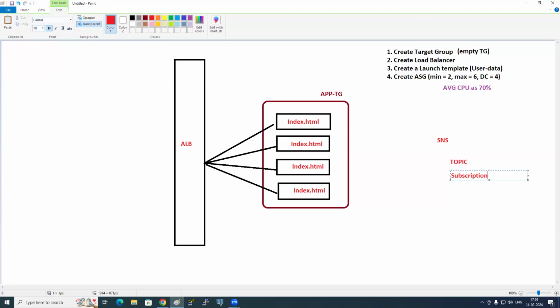Similarly, here also in SNS, we can create topics. And for that topic, whoever wants to receive a notification, go and subscribe to the topic. You understood? So we will create a topic. The topic name can be anything. At the moment, what is this topic related to? Auto scaling group, no? Can I create a topic called auto scaling group topic? Yes.